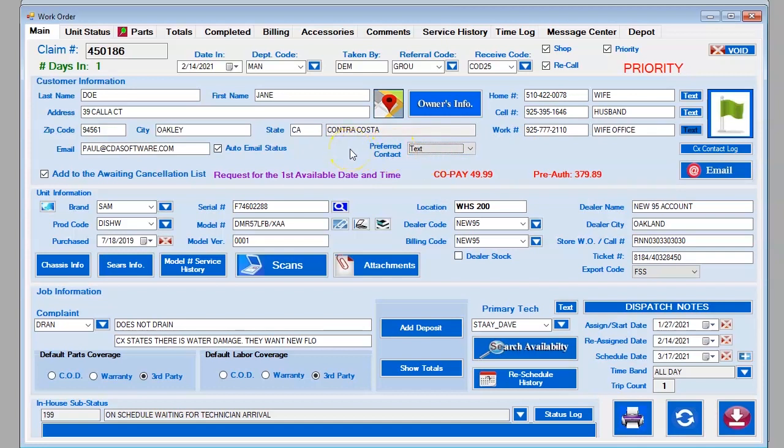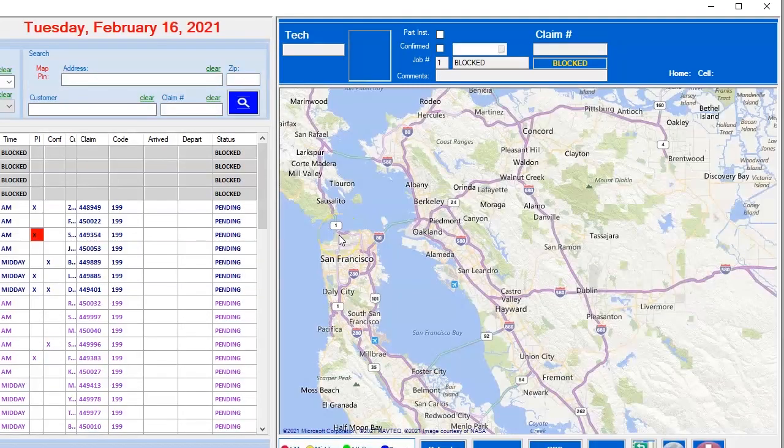Now what we're going to do is look at add to the awaiting cancellation list. Just like on the receive code, which is parts and labor markup, we do have a video on that on our YouTube channel. We already have a video for you on awaiting cancellation. When you check that checkbox, your customer will get on a cancellation list, and then when your scheduler in the scheduling department has a cancellation, so let's say the jobs go out, the customer sends a text message saying, hey, I'm sick, please don't show up, your